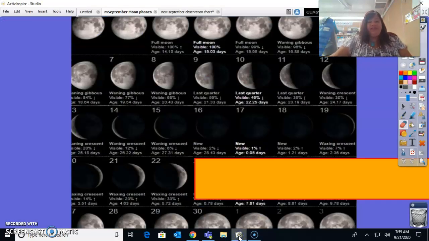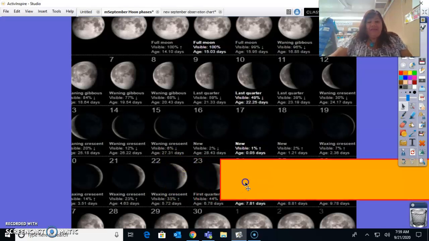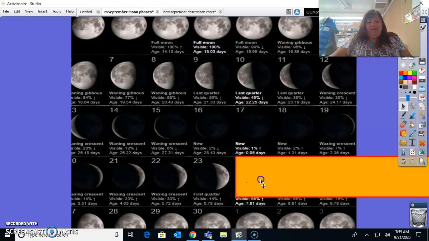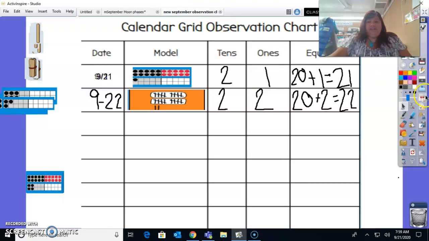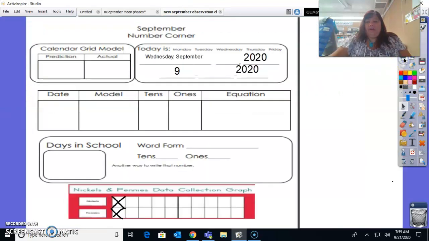We're going to start off by checking our moon phases. Yesterday, remember, is a waxing crescent. And let's see if we can, oh my goodness, we can see a little bit more of it. And I just love watching the change in what we see of the moon. So let's take a look at our